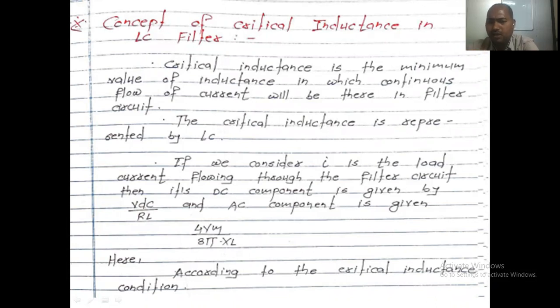Okay, now I am explaining the thing related to the critical inductance, right? So critical inductance means what? Normally it is the minimum value of the inductance in which continuous flow of the current will be there in a filter circuit. Okay, now what happened? I am explaining the concept with respect to the rectifier. Okay, so what happened when you have to rectify the output? Okay, rectifier output. So when we have to use the full wave rectifiers during small period, there should not be